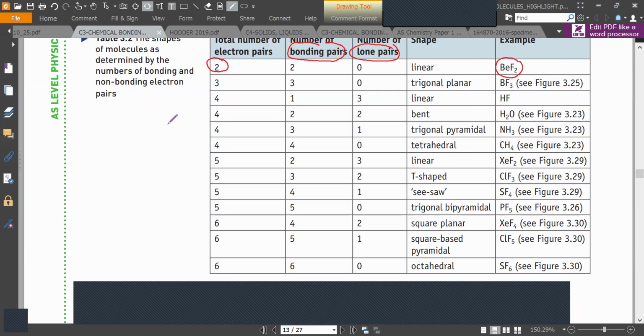So the example just now, we discussed this one: four bonding pairs, no lone pair, it will be tetrahedral, the CH4 example. This one,